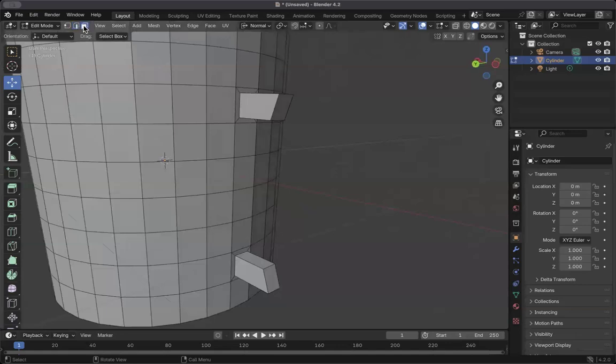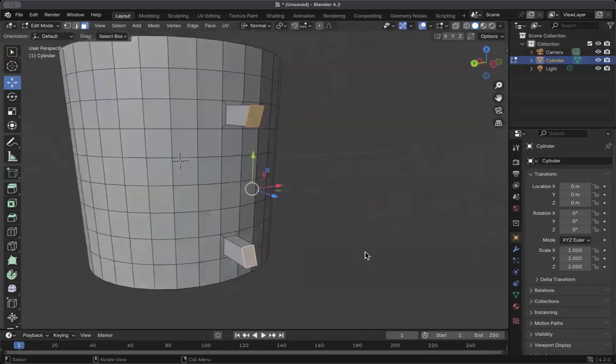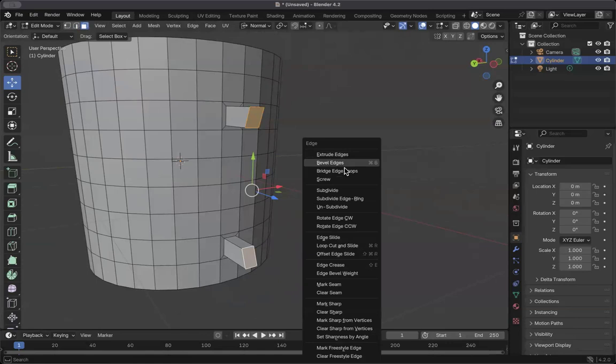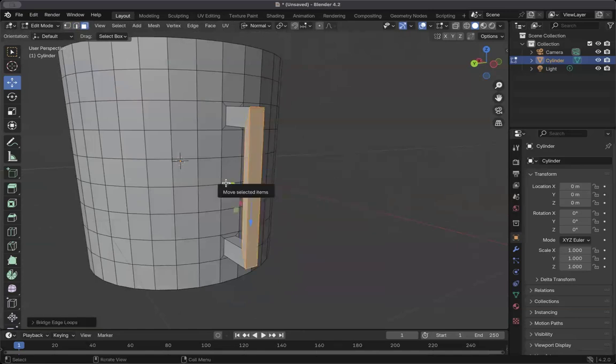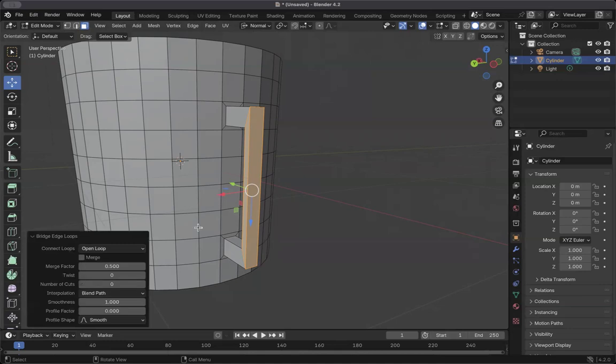Okay. So now we're going to click the face selection mode, click this top face, hold down Shift, click the bottom face, and we are going to click Control E. That brings up all these edge selections, and what we want to do is hit Bridge Edge Loops right here. Don't click anything. Once you have clicked that, you're going to go down to this little guy right here. If you accidentally click something, then you can't go back and edit that. So you might have to hit Control Z a few times and fix that. But we want to click on this Bridge Edge Loops,